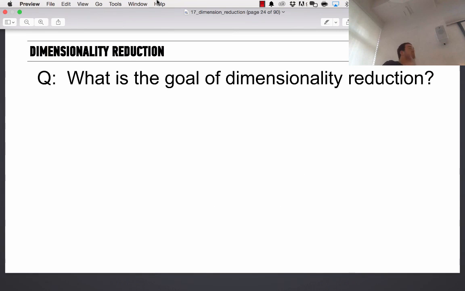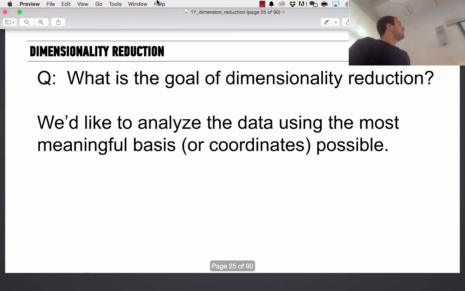Okay. What's the goal? It is to analyze the data using the most meaningful basis or coordinates possible. This is a fancier way of saying, what are the best camera angles needed to look at the data?